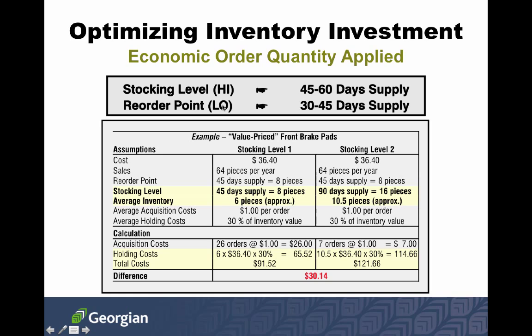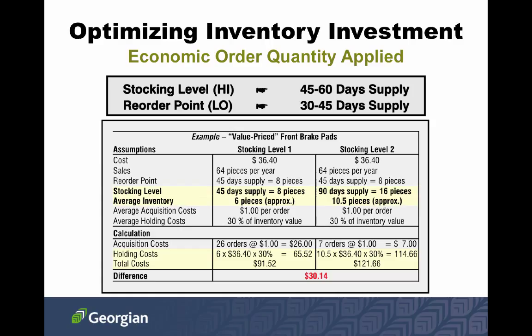And here the low level, sometimes called minimum or BRP in some systems, is my best reorder point. 30 to 45 days usually gives good results. And again, in today's setting, probably closer to 30 or perhaps even something a bit below that. Now, I've been told by many veteran parts managers that if you are, let's say, at the higher end of this range and you've decided, really, I'm wasting working capital here, I'm unnecessarily tying up working capital, and I want to come down from 60 to 45 days for the BSL and from 45 to 30 for BRP, don't do